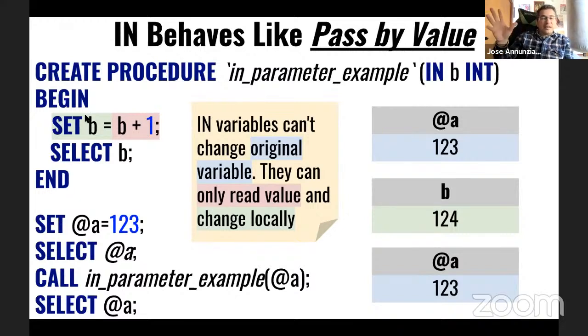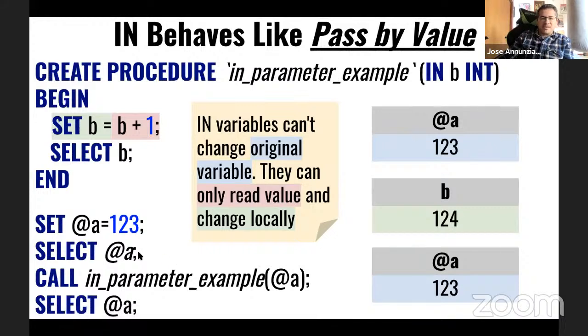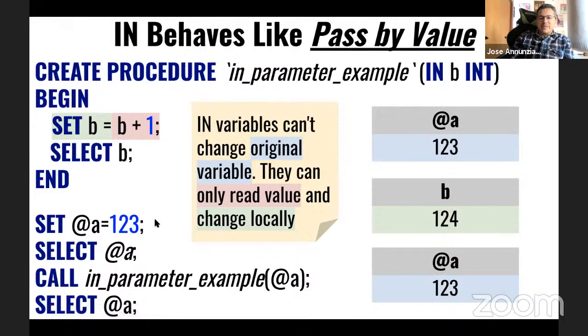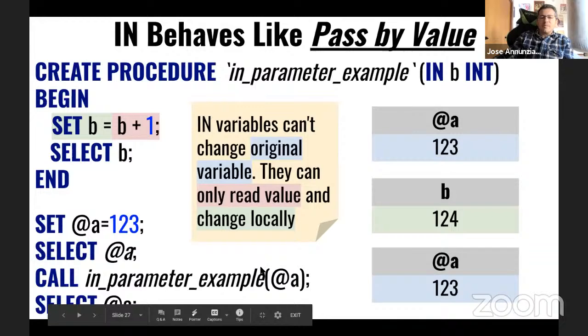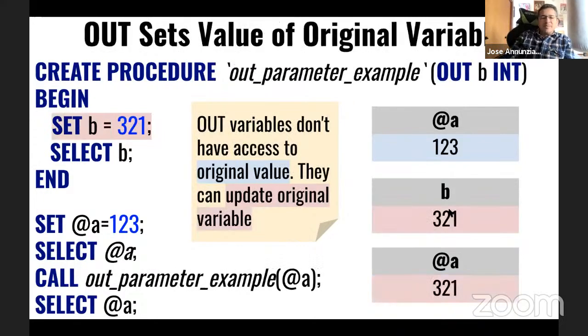We're calling the procedure call in parameter example here, passing it a local variable a, which has been set to 123. So if we look at the initial value of a, it's 123. Now, when we pass the value of a, notice that over here it is being incremented by 1. And if we look at the value of b over here, it's 124, which is what we would expect. But then after